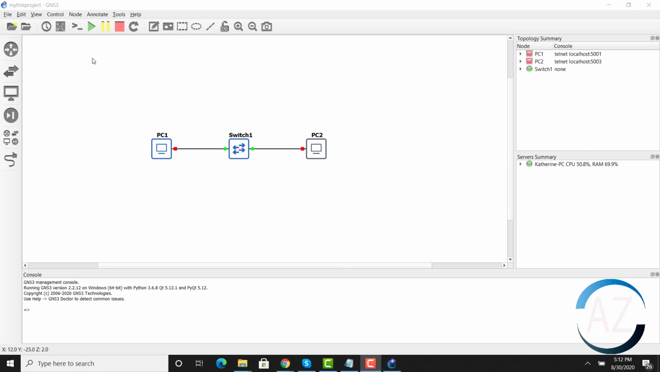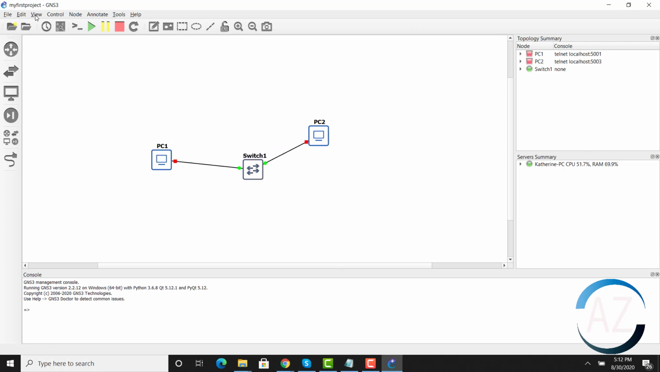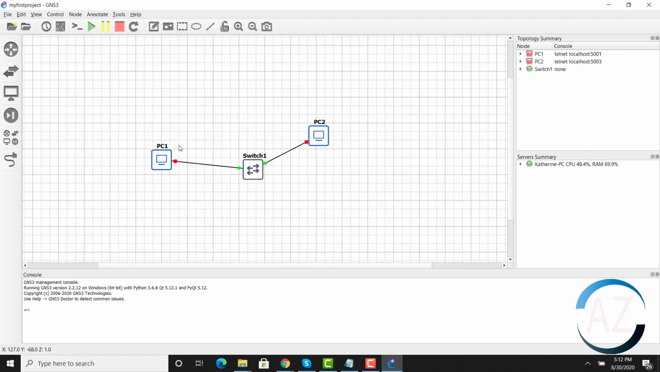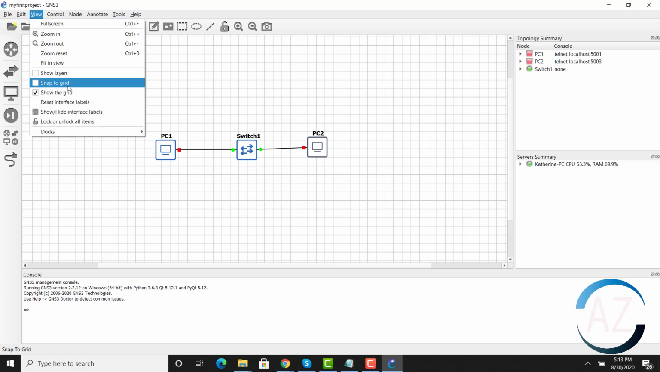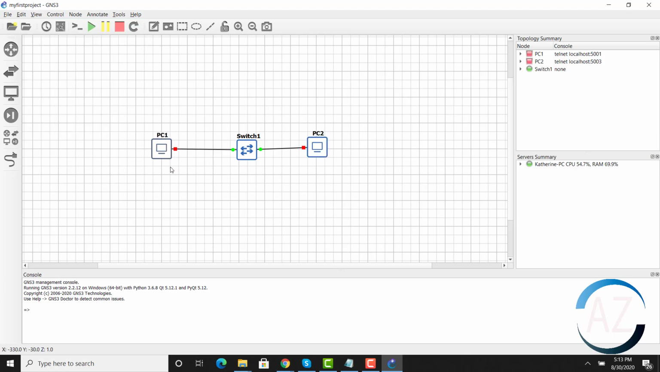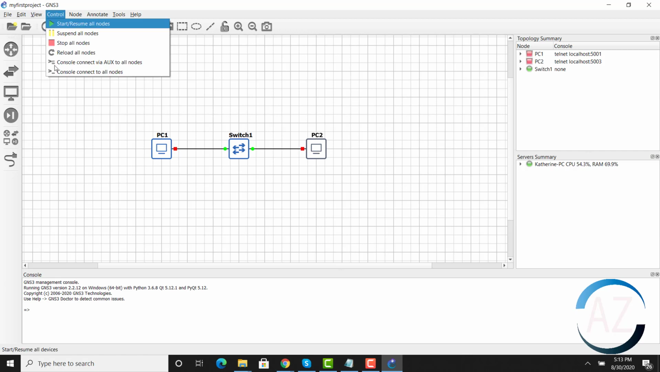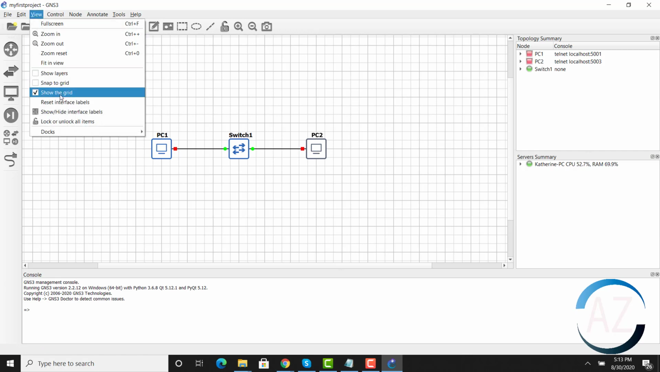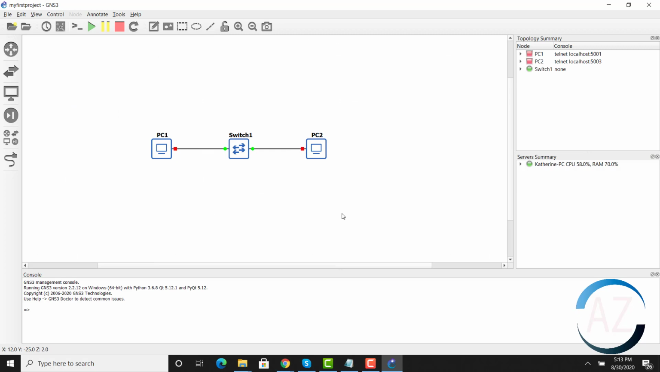There's a lot of functionality that we can use in GNS3. For example, if you want to make the topology look good, we go to View and show the grid. I recommend snapping to the grid, and it's way easier. You can just make it straight and later remove the snap to grid and show the grid so it looks better. So now our topology looks good, and I'm going to hit start to start the two VPCs,